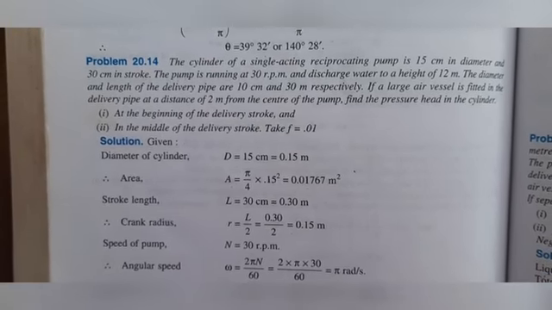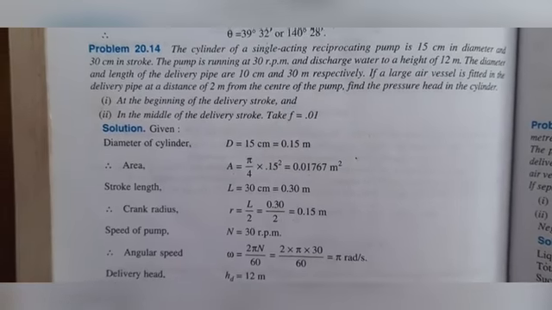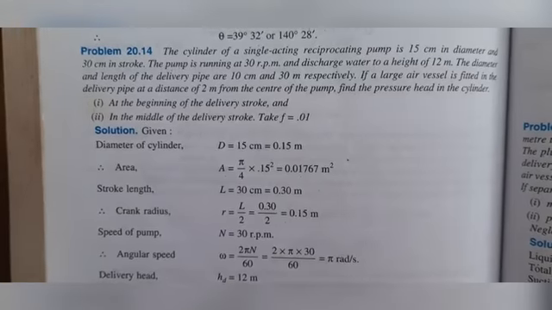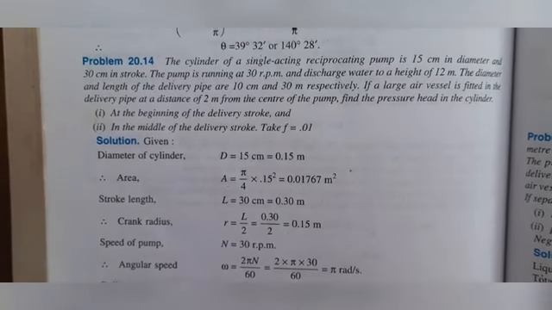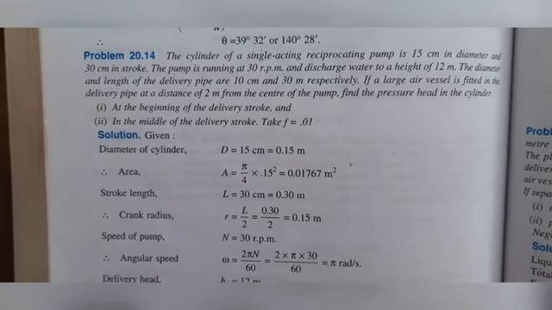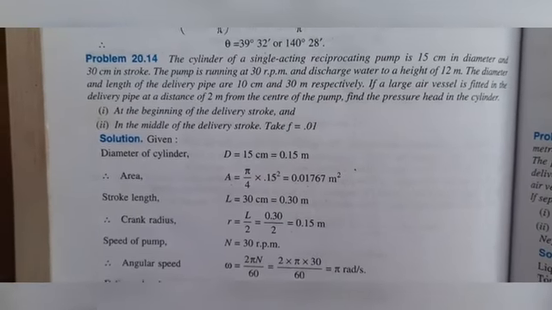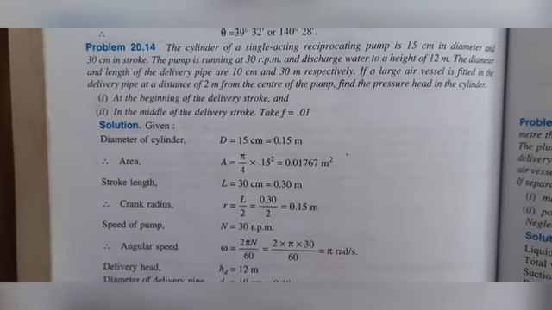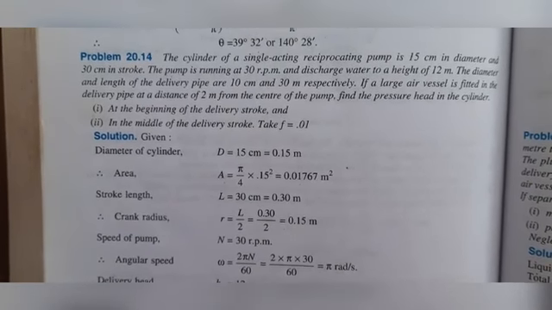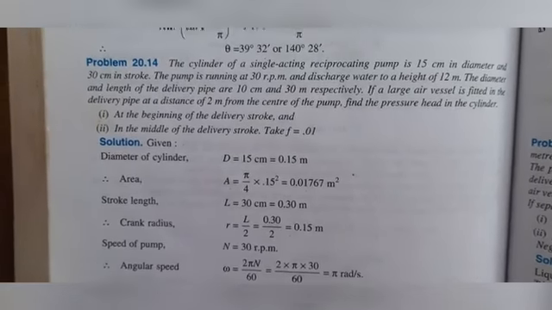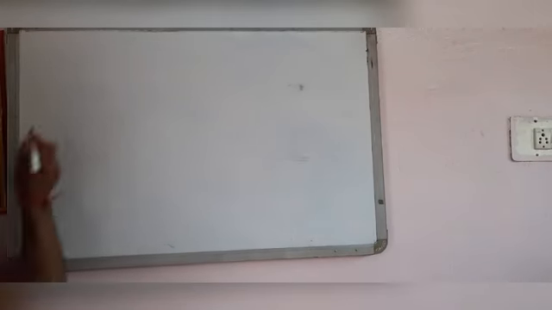If a large air vessel is fitted in the delivery pipe at a distance of 2 meter from the center of the pump, find the pressure head in the cylinder. First, at the beginning of delivery stroke, second, in the middle of delivery stroke. Take f equal to 0.01. Here the data given are the diameter of the cylinder,